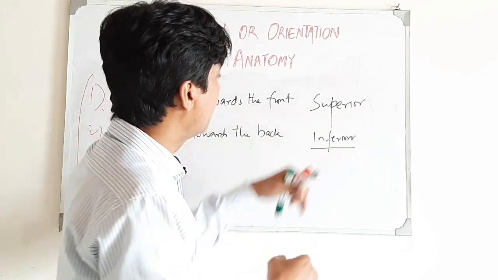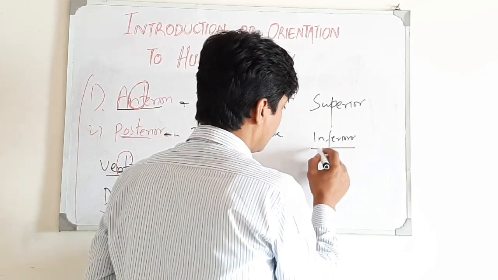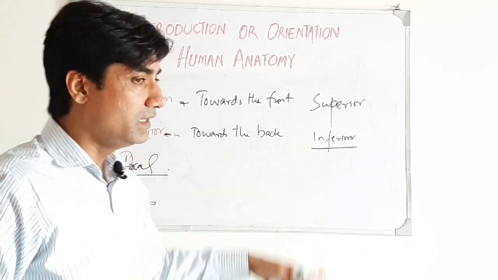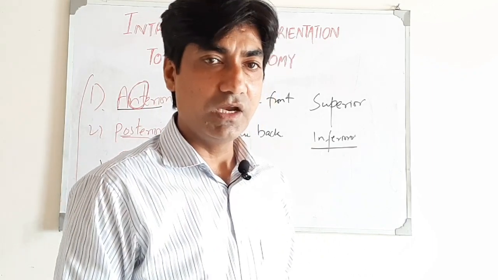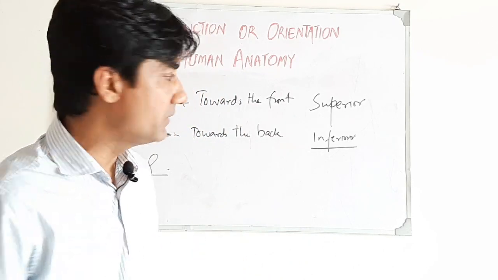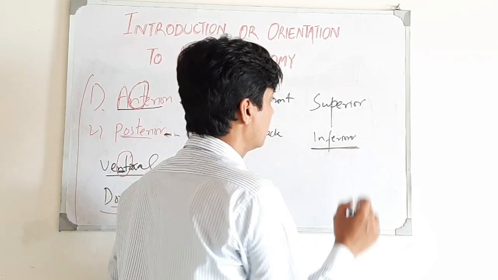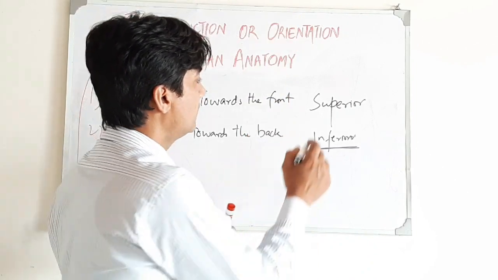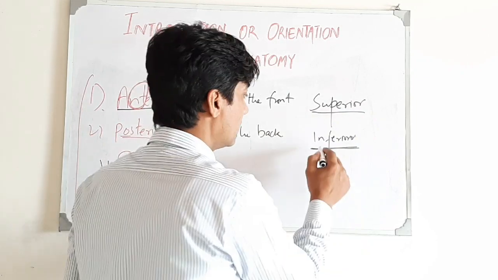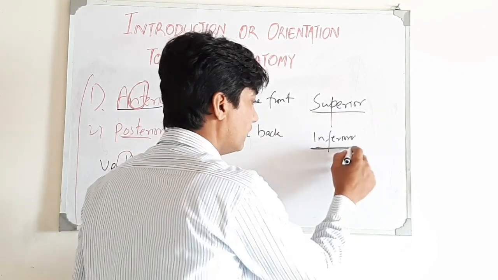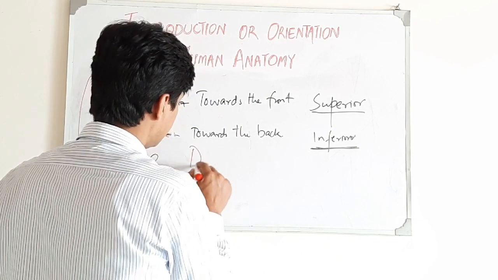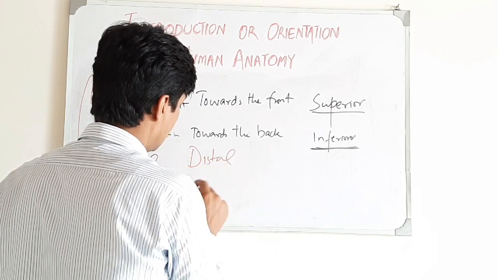And when we see the definition of the term inferior, how can we describe it? The lower limb is inferior to the chest cavity or abdominopelvic cavity. So these two terms can be applied: for the upper portion, superior, and for the lower portion, our lower structure, inferior. And the remaining terms are distal and proximal.